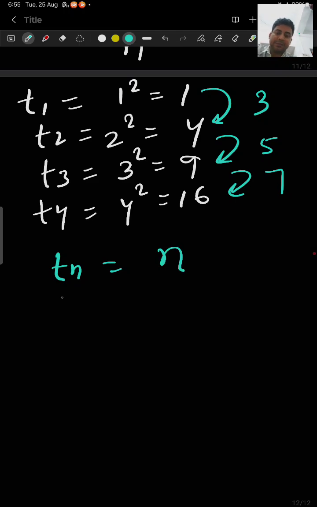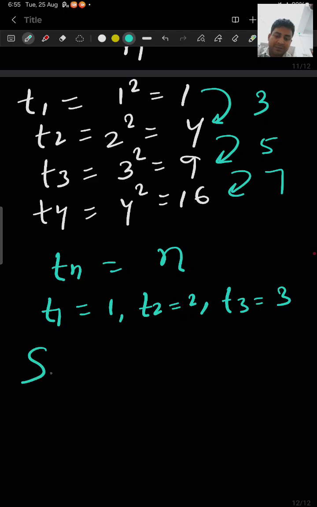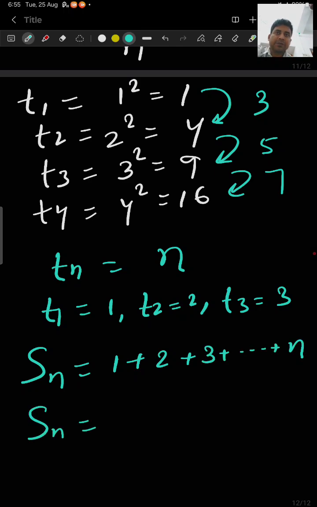Then sir, what about Tn equal to n? This is clearly in AP because this is just counting numbers, natural numbers. T1 equal to 1, T2 equal to 2, T3 equal to 3. When n changes, the term also changes. There is a very interesting formula for the sum of natural numbers up to n terms. We all know that this is n into n plus 1 by 2, but some students memorize this, and some know how this comes.